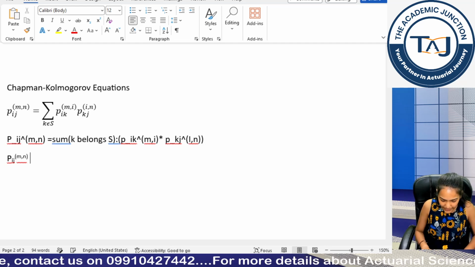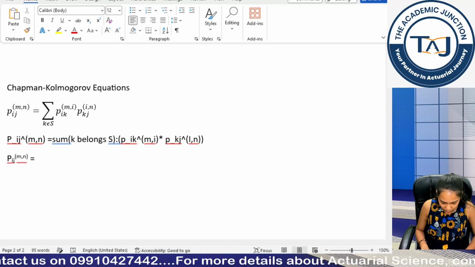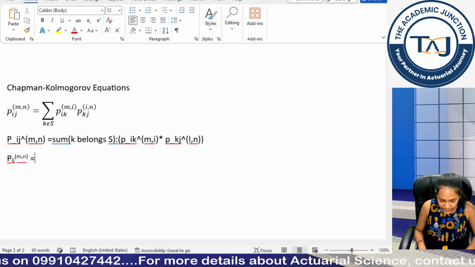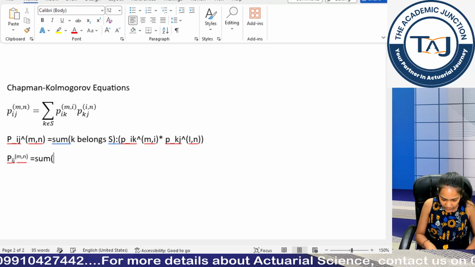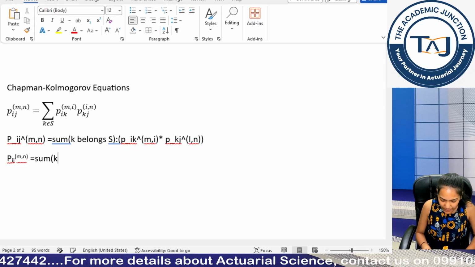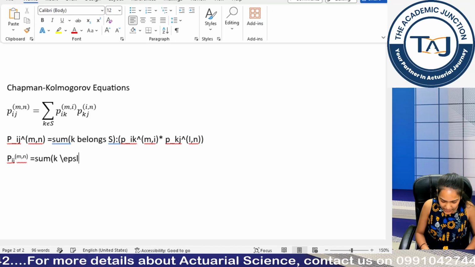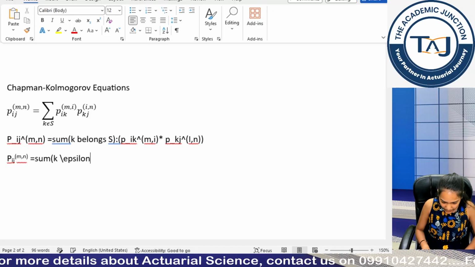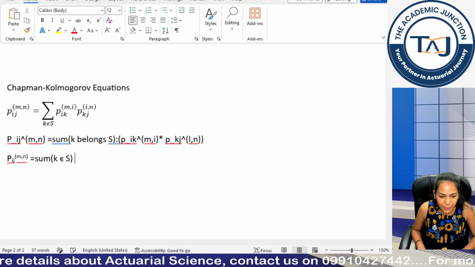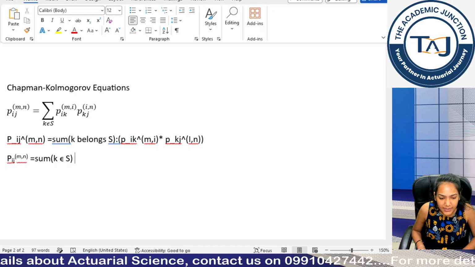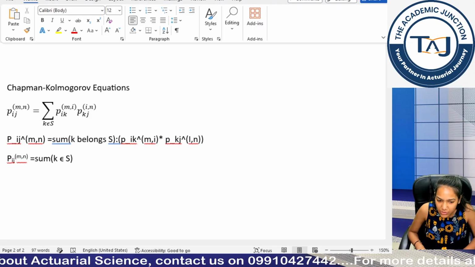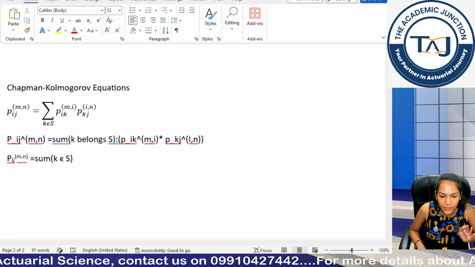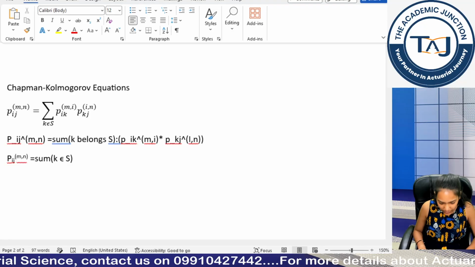Okay, this is equal to, if I talk like this, I will be doing sum and then I will be putting the limit, so it is backslash epsilon S. Okay, if you have enabled your mathematical typing consistent with my first class of CS2, please go back if you want this epsilon sign to be enabled in your Word as well. Clear guys?